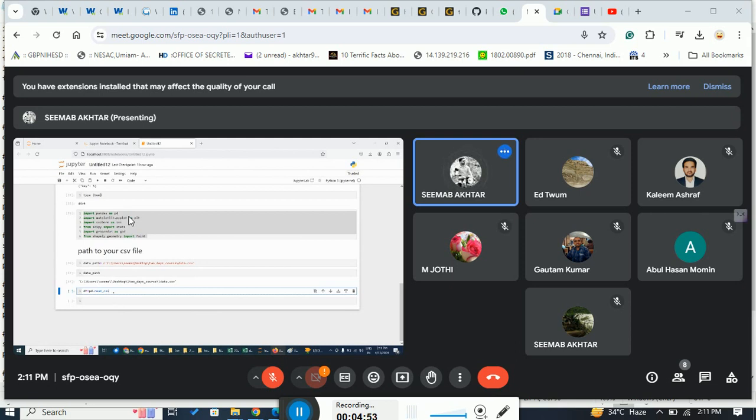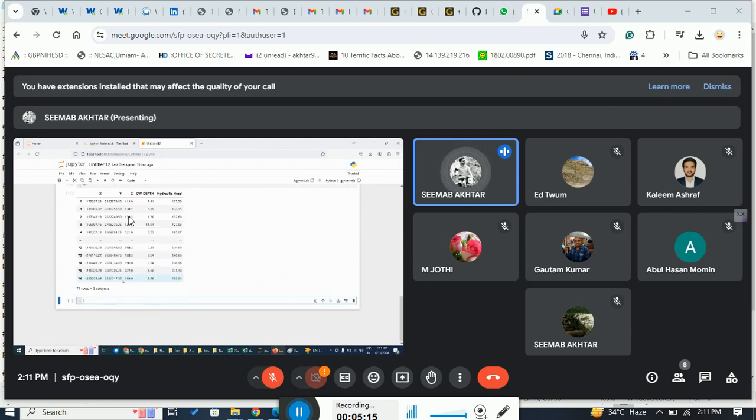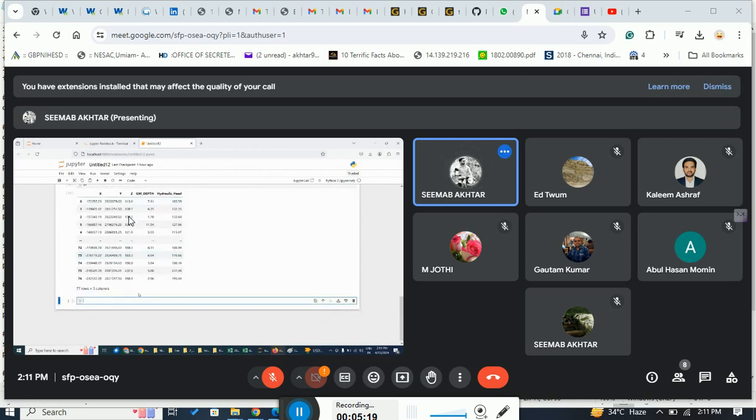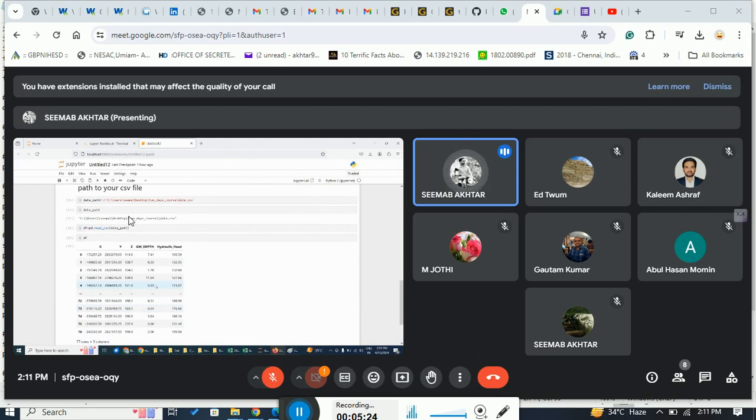And now this path is data underscore path. Now write here df, then this will fetch your data. See, in the data frame you can see x, y, z, groundwater level depth and hydraulic head, which we have converted. This is the way for fetching your data in your Jupyter Notebook. Now we will do different processes on this